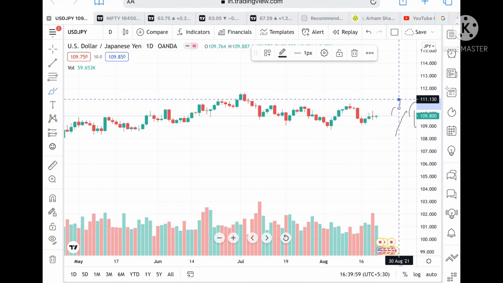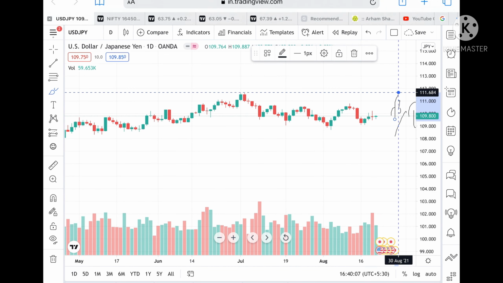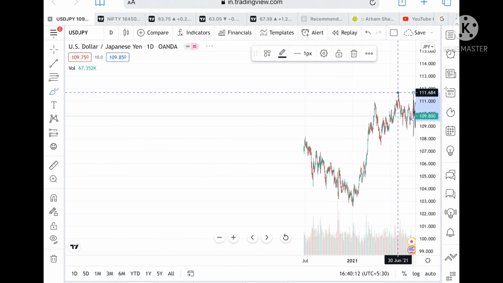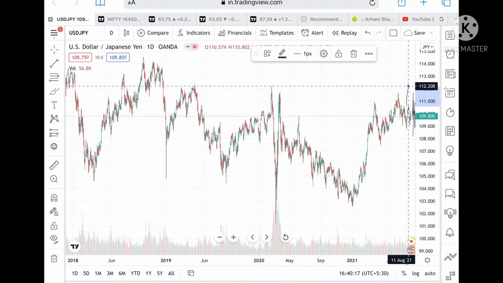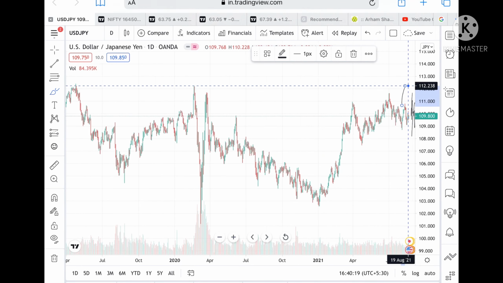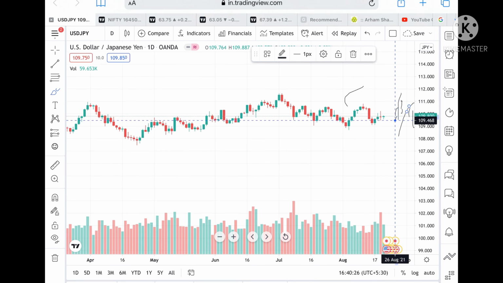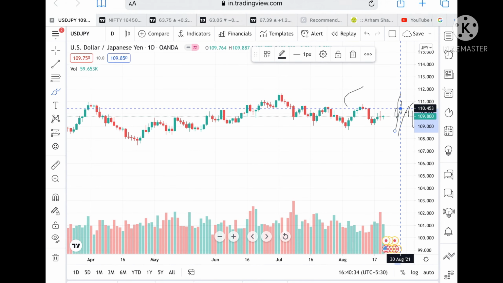So we can see it can go further to more upside, then we can see 111 also if it sustains above a level of 110. And then we can see a level of 111.684 and it can go further high, because these levels are already tested twice. So chances will be very high that it can go further high to a level of 112 also. As of now, what you have to do is wait if it crosses a level of 110.238, or if it crosses above a level of 110.084, and then we can see further upside movement in the price of USD JPY.